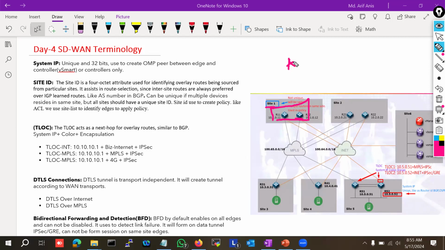networking, we use ACLs, right? To configure an ACL, we use a prefix list, right? So we use a prefix list. Why? We need to identify interesting traffic, right? So we identify the interesting traffic, on which we apply the ACL, right? In SD-WAN technology, we use site ID to identify the